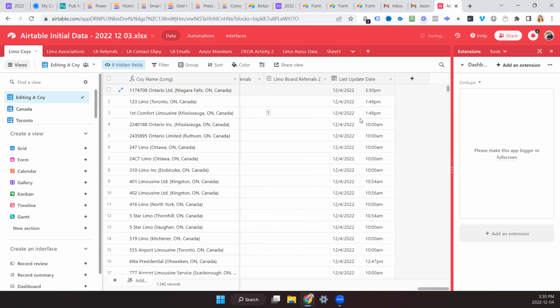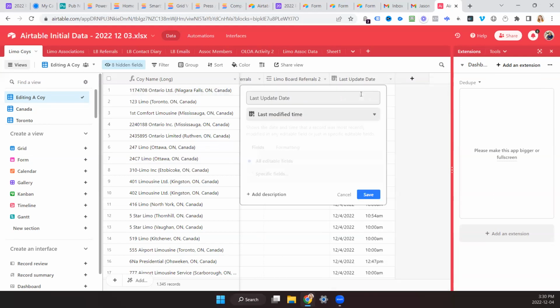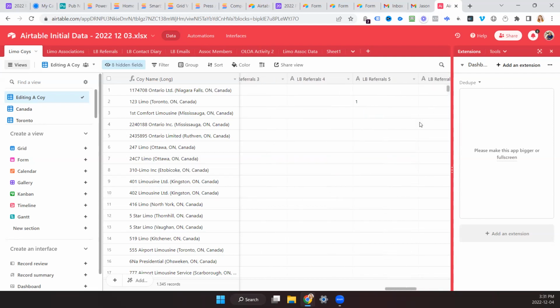So we don't need to do much in terms of automation here. And it looks like we're set in Eastern time, which is good for us. Okay, so go on the field properties of that one, yes, edit, then fields, and then that's last modified time. Perfect. Wow, that's so simple. I know. That's so good.